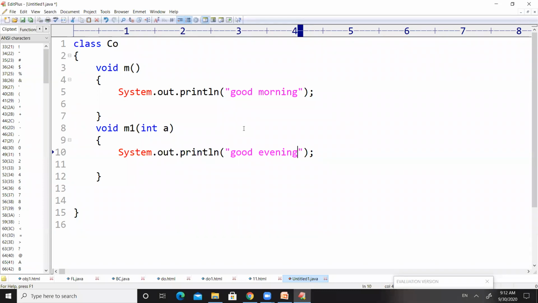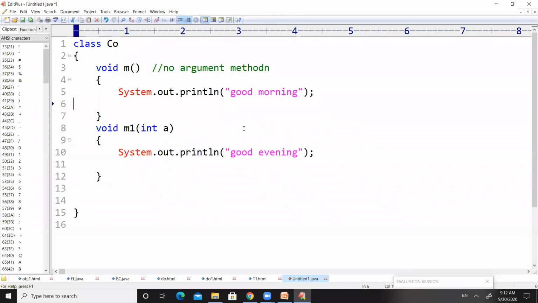The first one is with the name m, and the second one is with the name m1. The method with the name m is called a no argument method, or we can also call it a method with no parameters, or a zero parametric method, right?